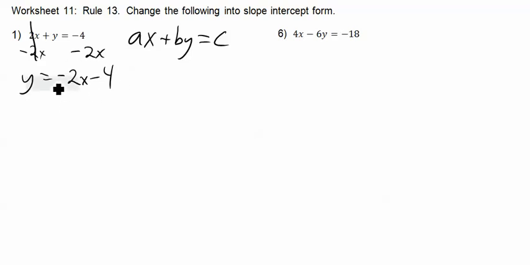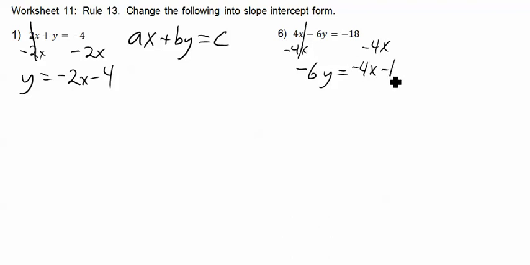All right, over here on number 6, there's going to be one extra step because there's something in front of our y, but still we need to get the y term alone. So we're going to get rid of this plus 4x. We're going to do that by subtracting 4x from both sides of the equation. Again, we're not going to add this -18 and this -4 because this is x's and this is not x's. So on this side it cancels. We're left with -6y equals